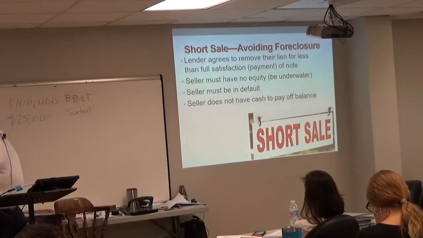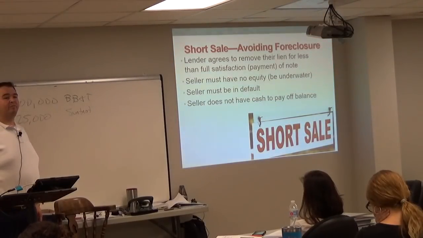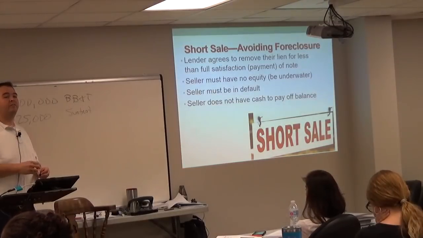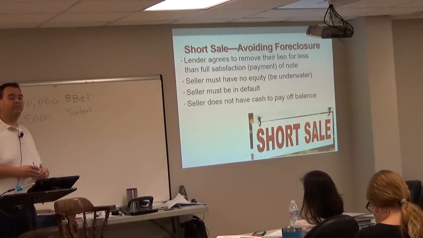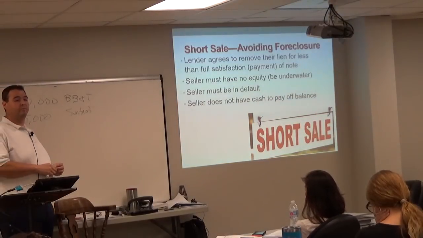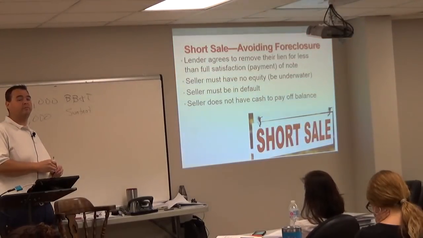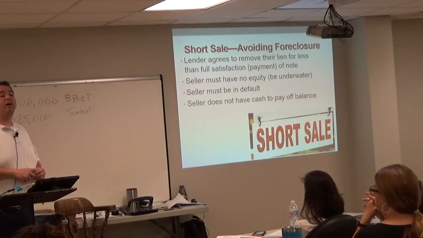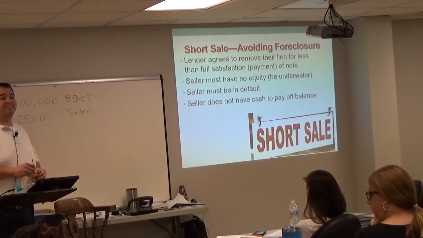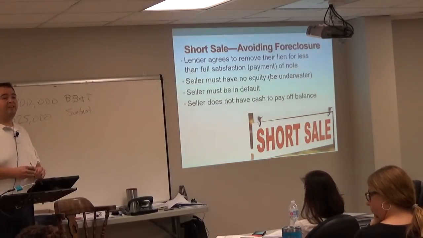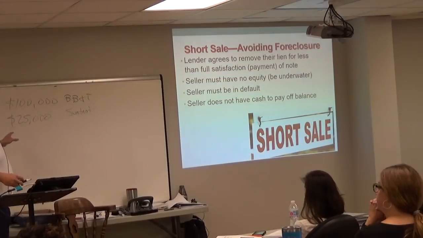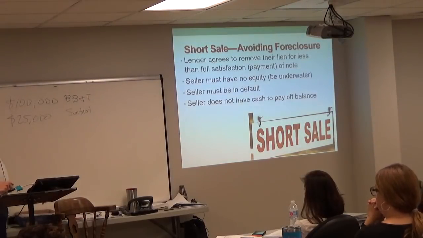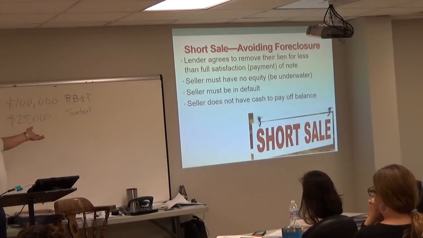So if they don't get paid either way, why worry about it? Because you're probably going to take $20,000 away from that for the fees, for foreclosure, the trustee fees and all that. So BB&T will get their 100 after all the property taxes. Why worry about it? Because they'd rather screw SunTrust out of the 25. And that's the truth. Yeah, but I'm saying SunTrust is not going to get it either way. Oh, sure they will. Because if SunTrust can short sale it for $120 versus foreclosure sale it for $120, SunTrust will get $20,000 of their money.